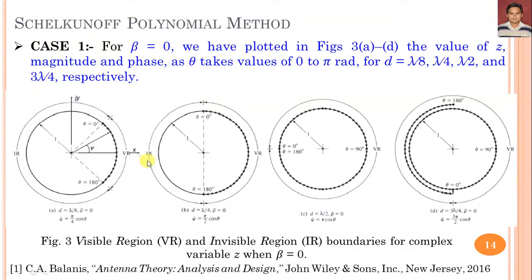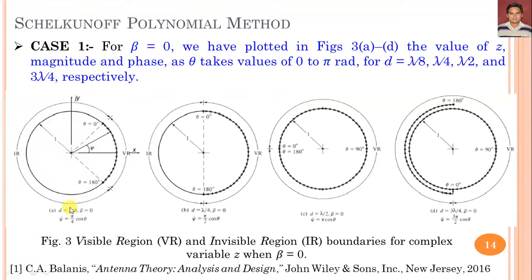In that case, this is the x axis and this is the imaginary axis that we have considered, z is equal to x plus jy. You can see for the different values of theta, which lies from 0 to pi, we can calculate the phase, and the phase lies from minus 45 to plus 45 degrees. As you can see, theta equal to 0 gives plus 45 degrees, and theta equal to 180 degrees gives minus 45 degrees. And this angular sector gives one important conclusion, that it is the visible region, and outside of this region is called the invisible region.